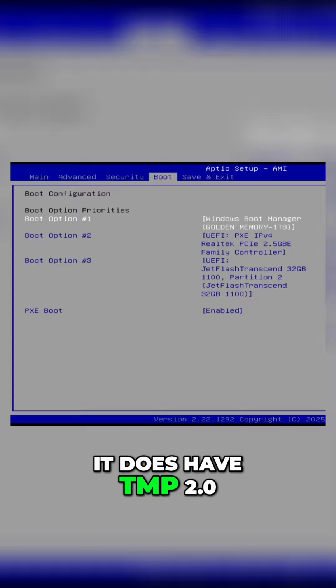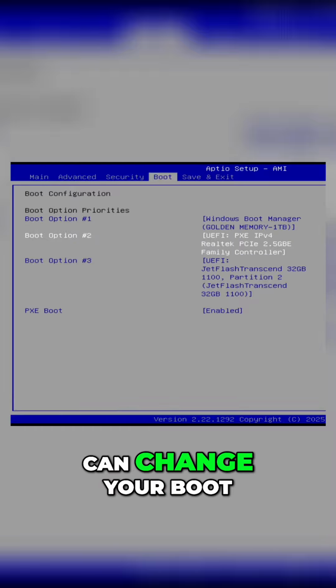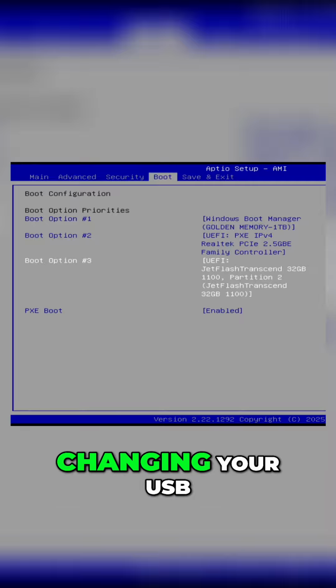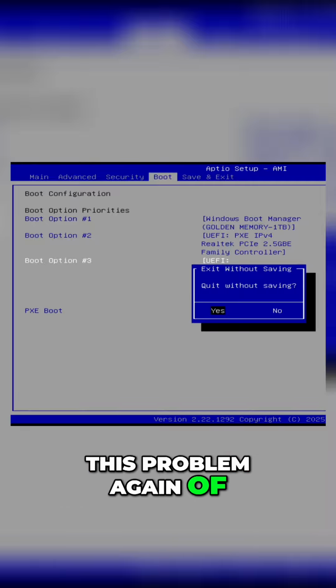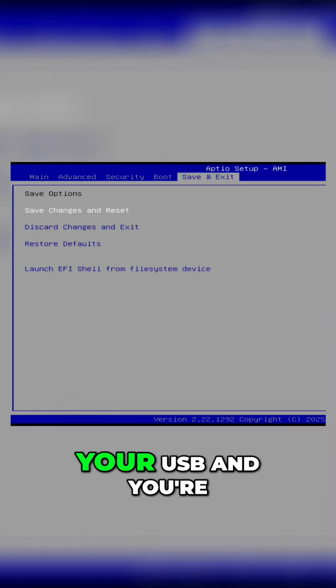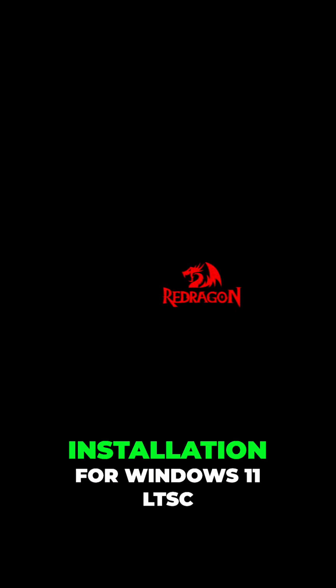It does have TPM 2.0, so you can install any version of Windows 11. And this is where you can change your boot order. I always recommend changing your USB to the first boot, so then you will never have this problem again of not getting into the BIOS. You could just plug in your USB and you're good to go. But we'll go ahead and get out of the BIOS here, and let's go ahead and go into the installation